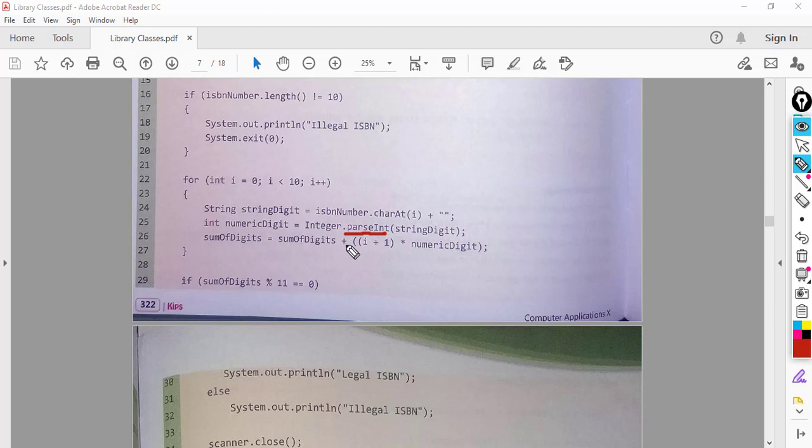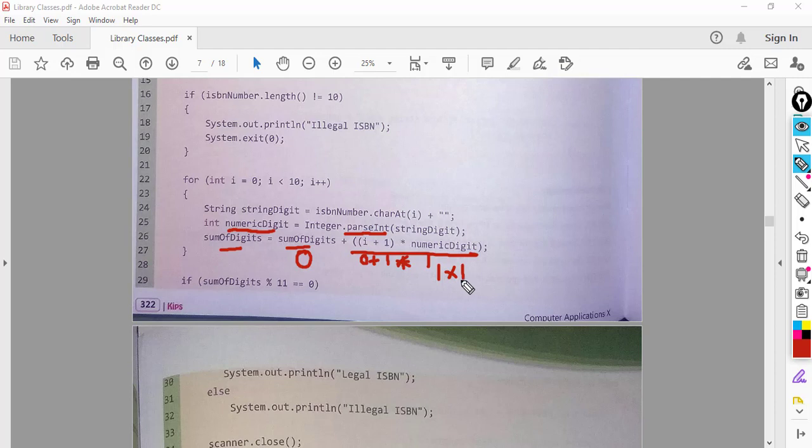So once it's converted into an integer, it can be stored in an integer variable numeric digit, and then here in the next line we are doing sum of digits is equal to sum of digits plus this. So this one is initially 0 and value of I is 0, 0 plus 1 is 1. So 1 into numeric digit is storing 1. So 1 into 1, that is what is needed, isn't it?